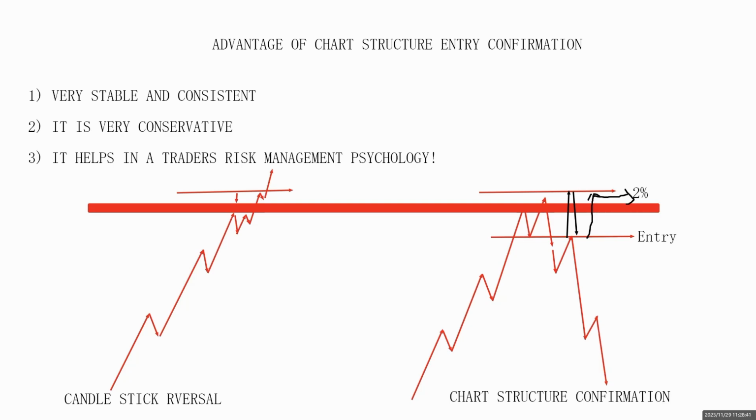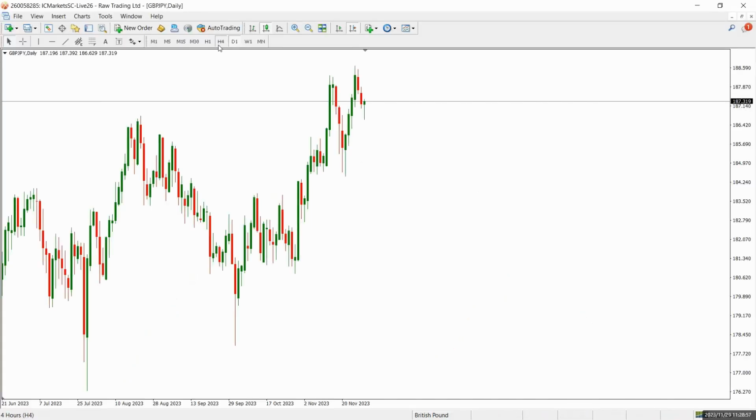Regardless of whatever the value of the pips is, 20, 40, 60, 10, 5, my goal is to convert this into the same risk value, 2%. And this is the beauty of chart structure. So let me go on the chart now and show you areas where chart structure